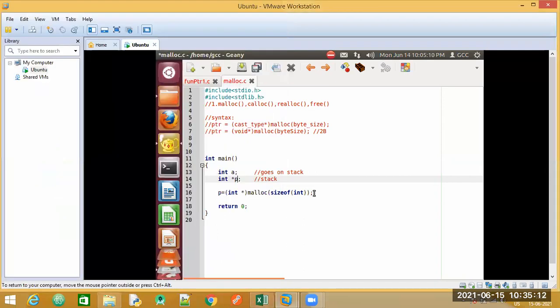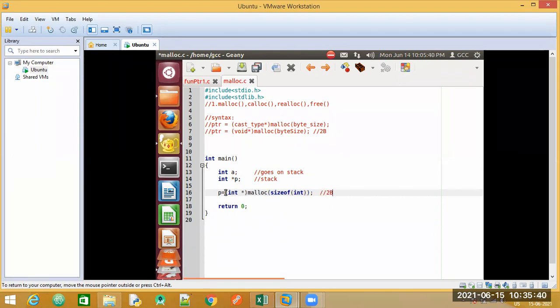Now we'll come to the next statement here. P is equal to, and this particular statement, P has already taken up the memory space. This malloc will also require memory space. So currently, since it is just declared of type integer, this will only take up, integer takes how much? It will take 2 bytes. This is going to take 2 bytes of memory block.